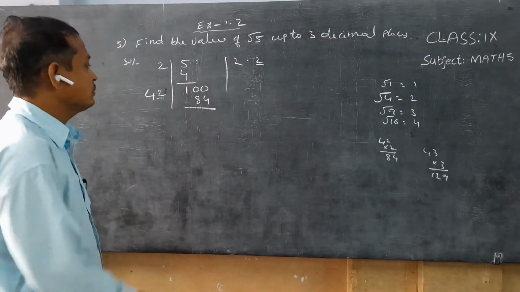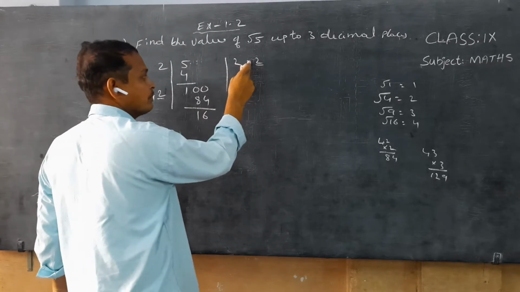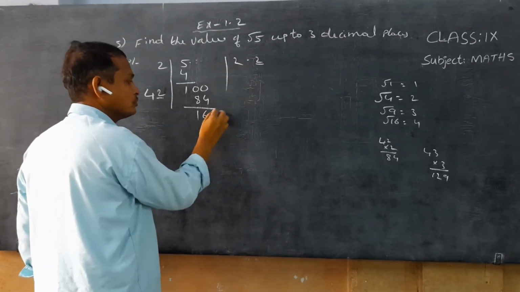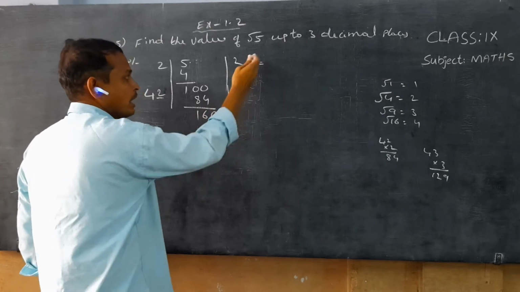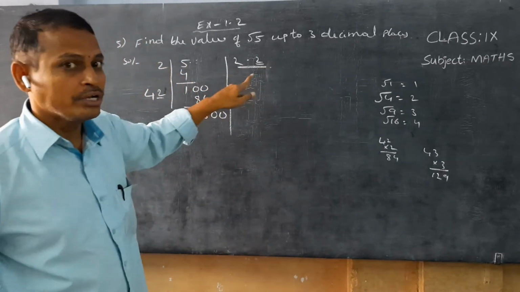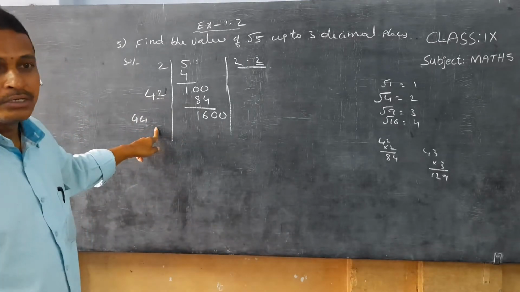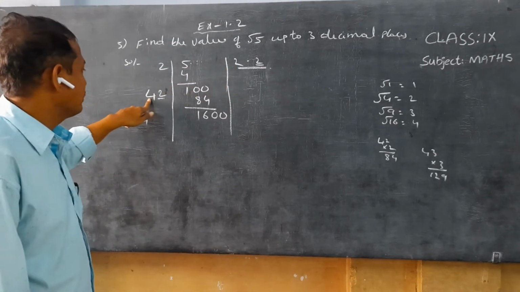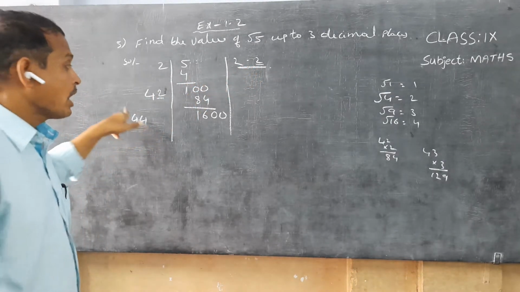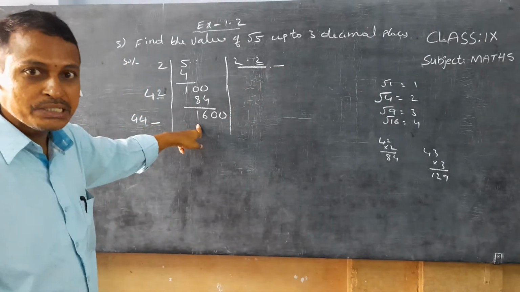Again, next what is the value, children? 6 and 1. Next, we put the decimal point and bring down the digits, so these are the zeros, 0 0. Again, the total value is 22, which is the double of the number. We have to write it in the divisor place, children. Again, the first 2 digits are 2 doubled. Again, total 22, we have to write 44. Again, we require the value for division by 1600.